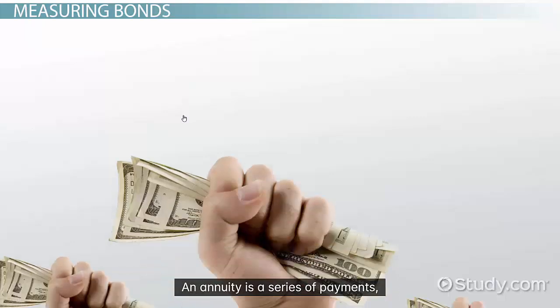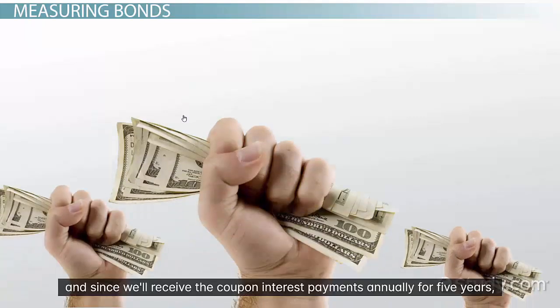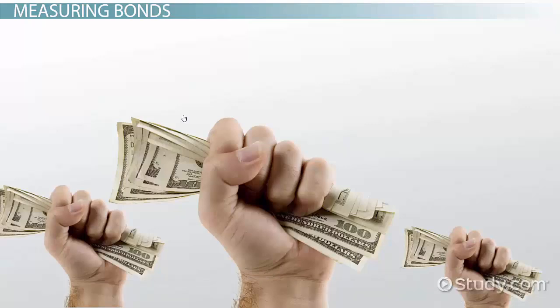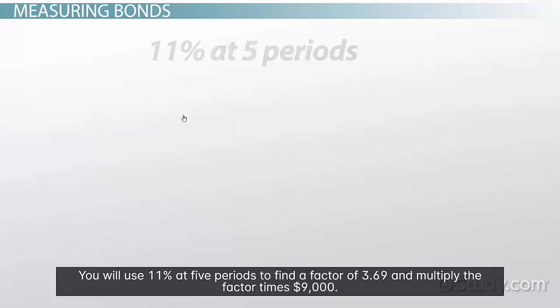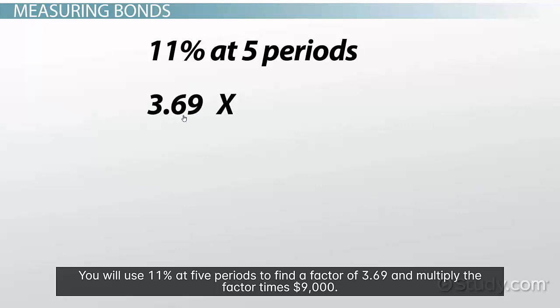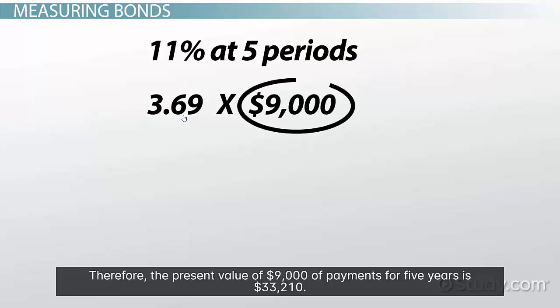An annuity is a series of payments, and since we'll receive the coupon interest payments annually for 5 years, we need to use the present value of an annuity table to discount these payments to the present value. You will use 11% at 5 periods to find a factor of 3.69 and multiply the factor times $9,000. Therefore, the present value of $9,000 of payments for 5 years is